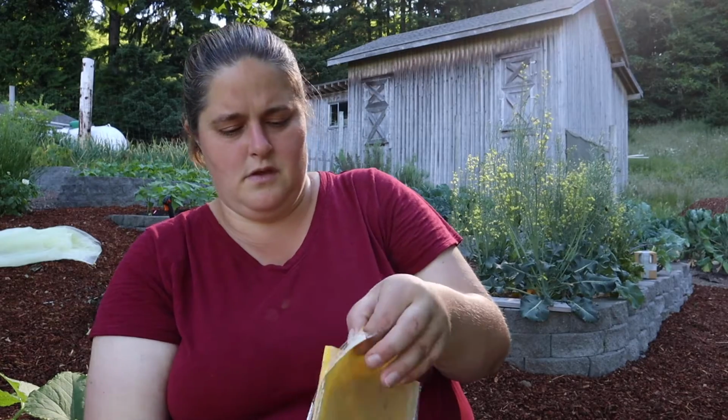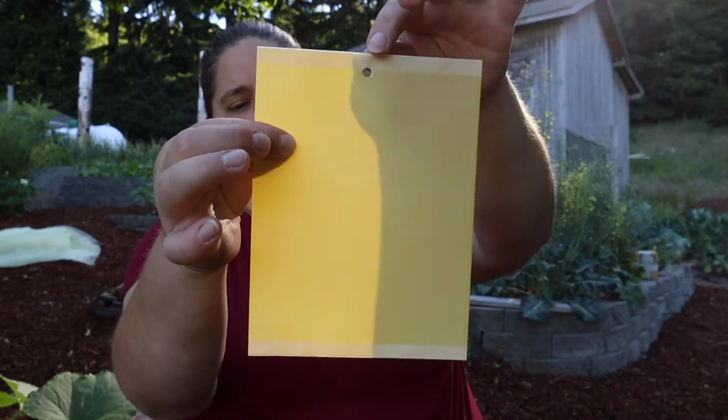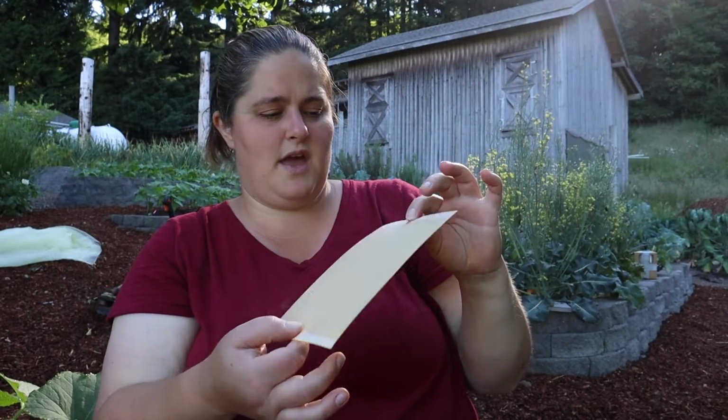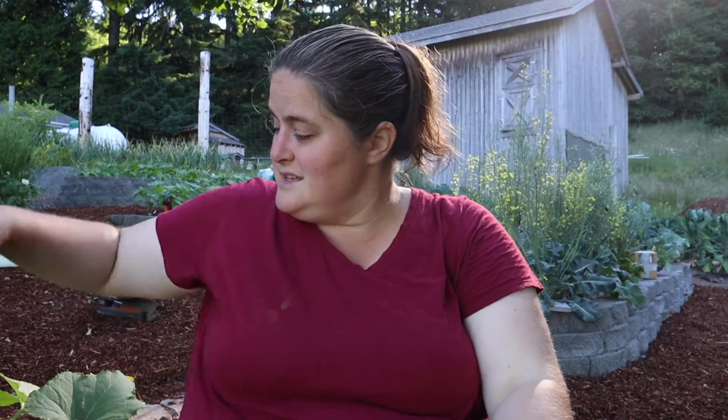Okay. So it looks like each sticky trap has a protective covering on both sides so that you can handle it and get it hung up where you want it to go. I think I'm gonna go find some sticks, and then we'll tie this to the stick, and I'll take the paper off both sides and maybe put a couple of them in the bed, and then we'll check back in a couple of days, or maybe even later today, and see if any of them have caught any of our cucumber beetles,